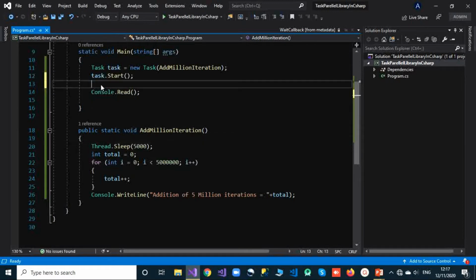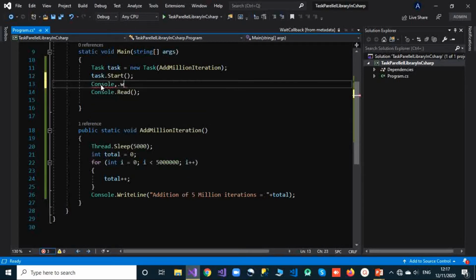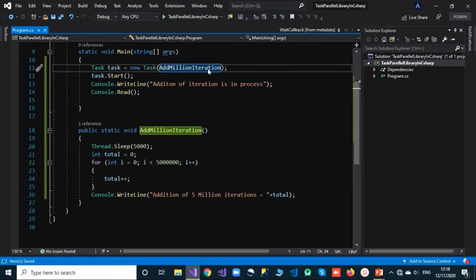So for that, let's see, can we do that? I will provide one message here, that addition of iteration is in process, something like this. I want to show this message while this method is performing its task.